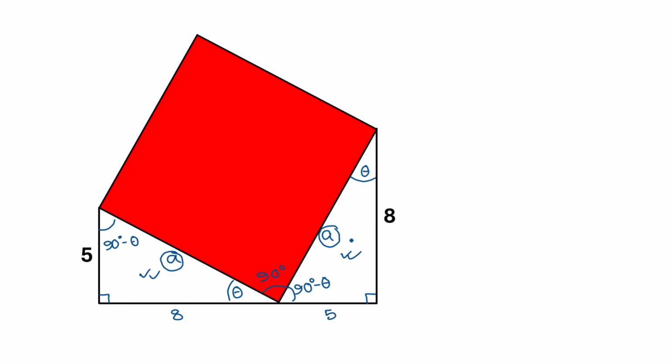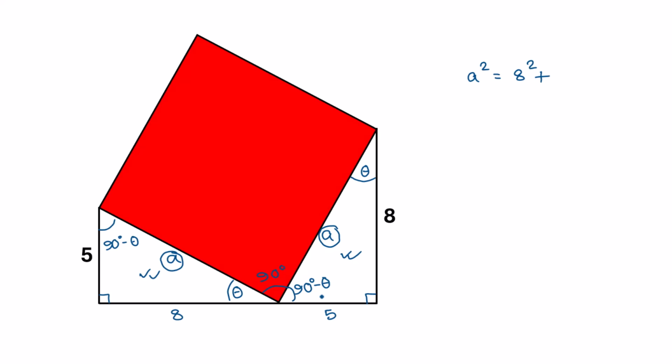Now focus on this triangle. This is height and this is base and it is the hypotenuse. According to the Pythagoras theorem, we can write hypotenuse squared, A squared, is equal to height squared plus base squared. So according to the Pythagoras theorem, we can write A squared is equal to this 8 squared